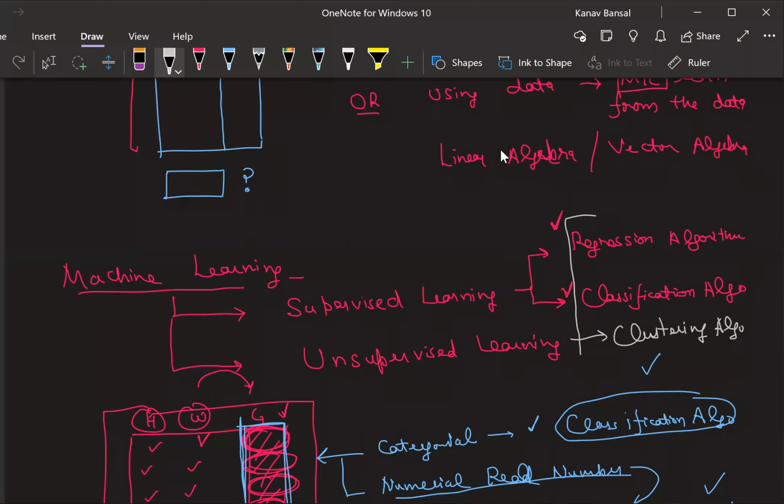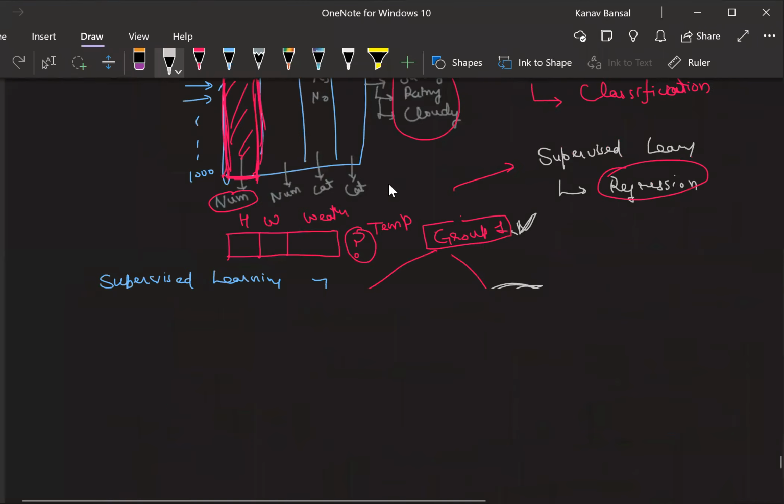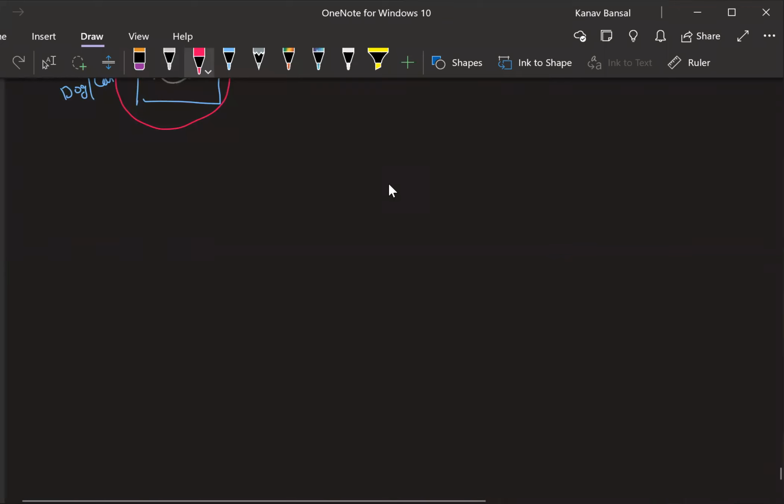There are these three kinds of algorithms that you will be learning. Whenever you take a machine learning course anywhere, most of the time you will be learning these three kinds of algorithms: either a regression algorithm, a classification algorithm, or a clustering algorithm. There are other algorithms also, like dimensionality reduction algorithms. Let me also put it here. So let me now name a couple of algorithms so that you all have some idea.